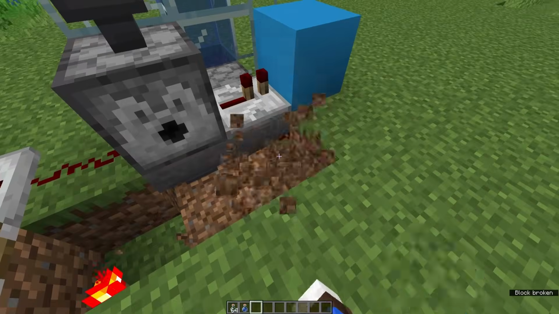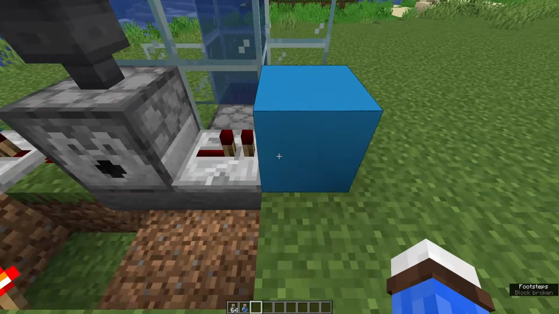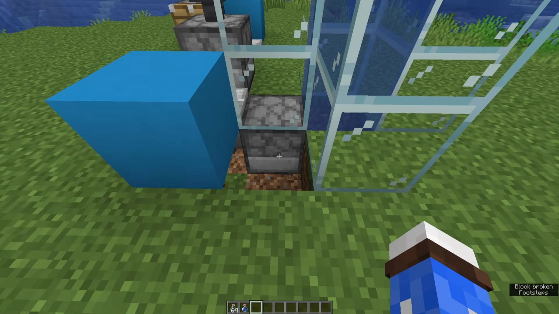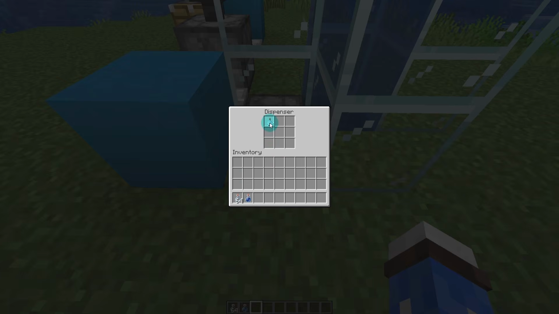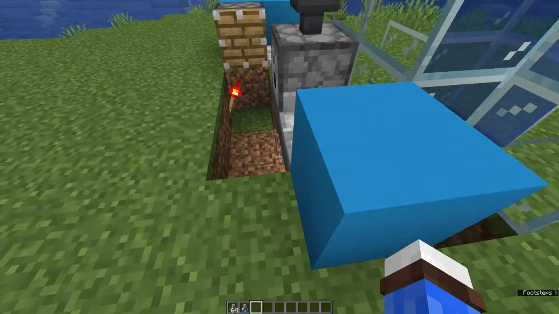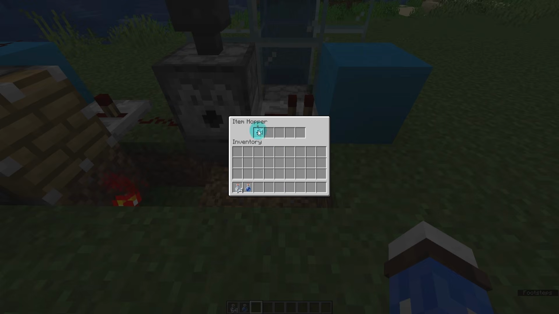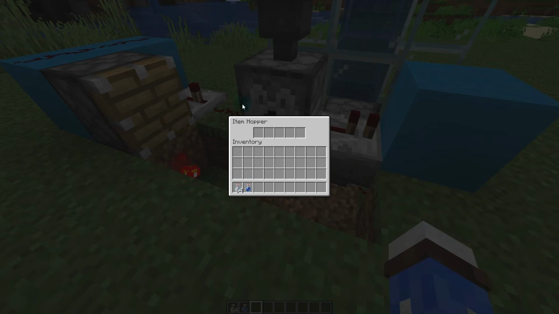Now we're breaking these two glass blocks here to get access to these hoppers, and we also want to break this here to get access to this dispenser. Fill this dispenser up with glass bottles. Then fill up both of these hoppers with glass bottles, but with one of the hoppers, the one underneath the